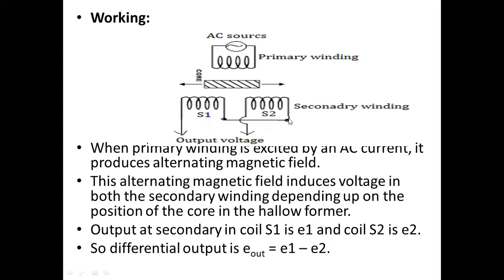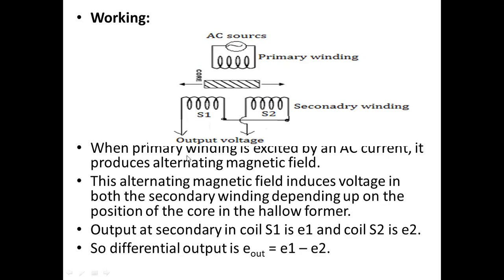See, current is entering at this point, and here also the current is entering at this point. So both first points are joined here. It can be said that they are connected in series. Both the output terminals we are taking from here. The secondary windings are connected in series, and the output is taken across the complete winding.